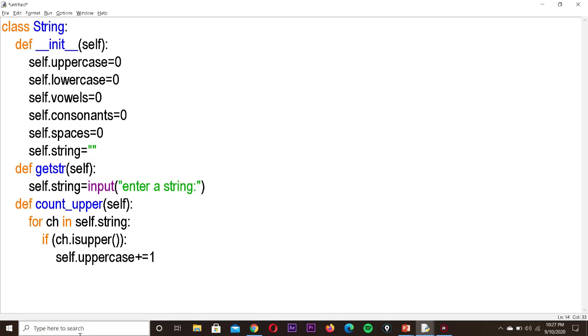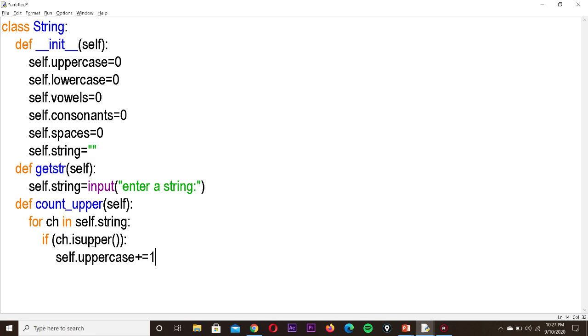So def count upper self, this function is used for calculating the number of uppercase, that is capital letters. For ch in string, this is the input string we have given, it will take one character and store it in ch, and we check whether it is upper.